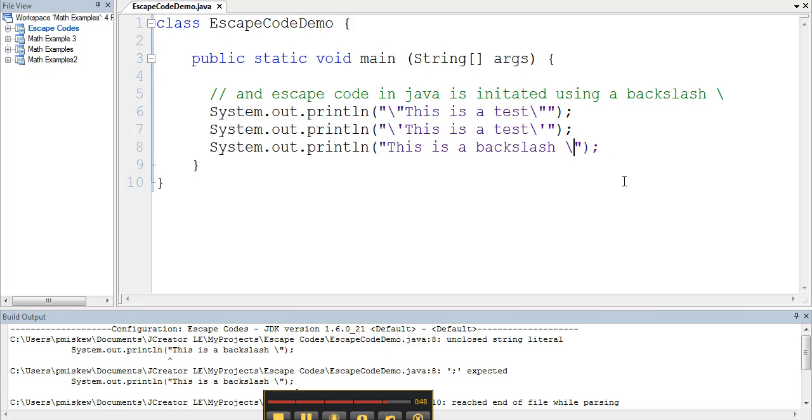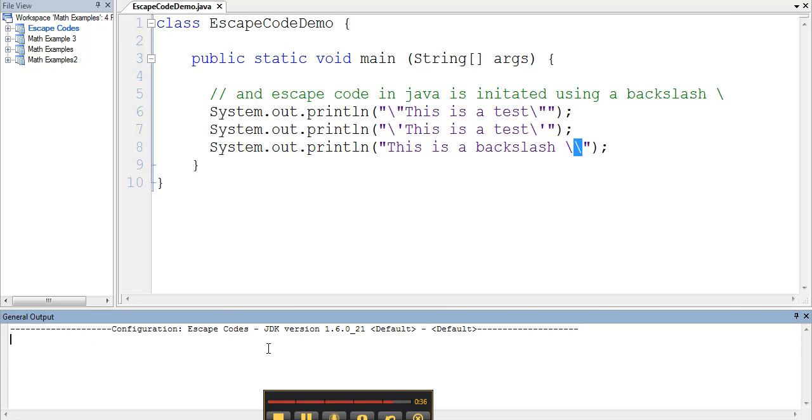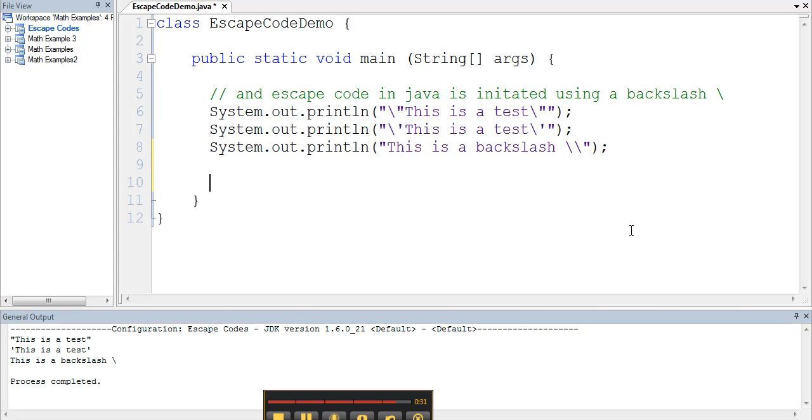So if I want to print a backslash to the screen, I simply do backslash, backslash. Escape code means stop, we're going to do something special. The next character is a backslash, and it knows that means print out a backslash. This is a backslash. The last 2 escape codes are a little different because they're not something we see, but